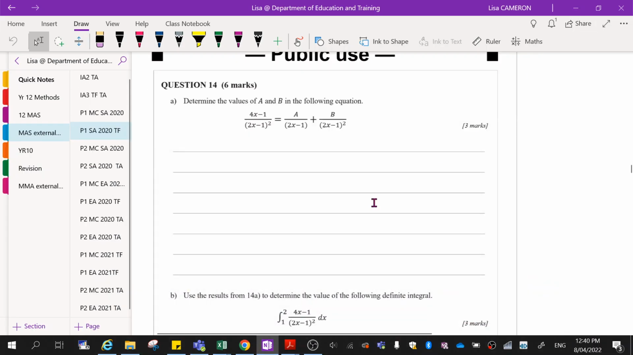Okay, so the way that I'm choosing to solve this is different to the way that it's solved in the QCAA answers. So it might be good for you to go and have a look at what they've done as well. All right, so